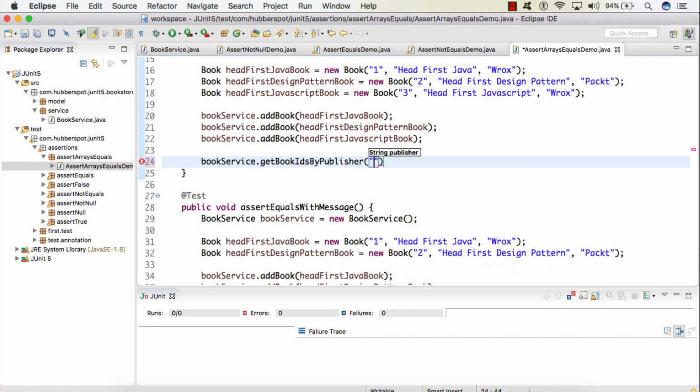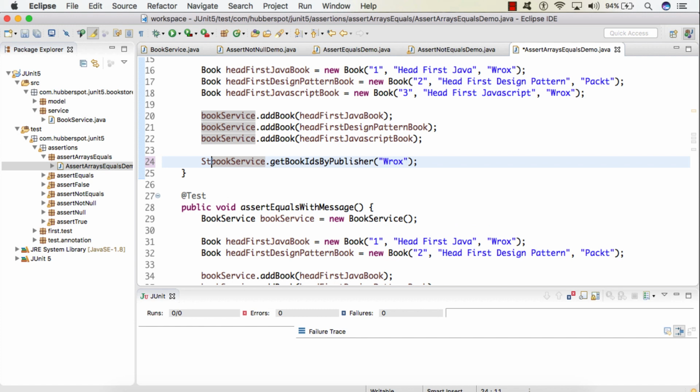We'll pass a string as Vrox. So friends, here we know that when we call this method and pass a publisher as Vrox, we'll get back a string array having two IDs, 1 and 3, because Vrox as a publisher matches a book having ID 1 and a book having ID 3.